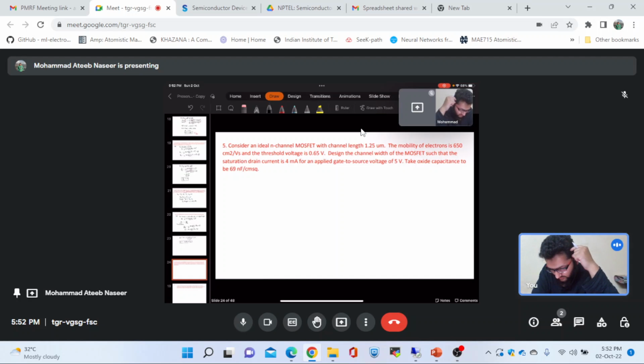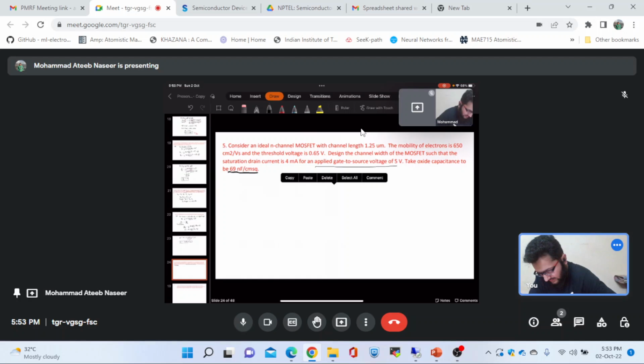The threshold voltage is 0.65 volts, and we have been told to design the channel width of the MOSFET such that the saturation drain current is 4 milliamperes, and the gate to source voltage for that case is 5 volts. The oxide capacitance has been given to be equal to 69 nanofarad per centimeter square. Now let us solve this